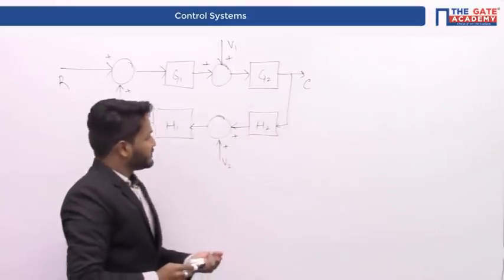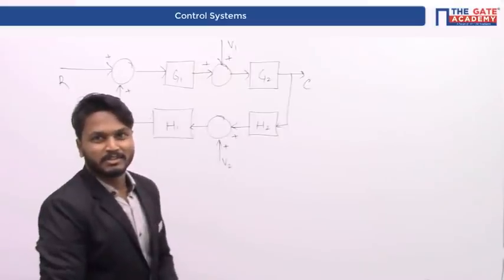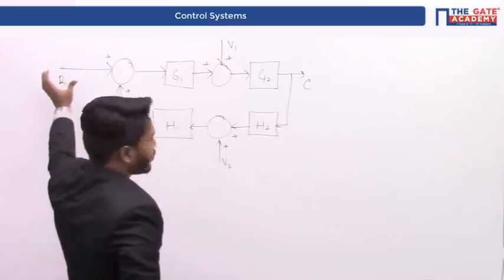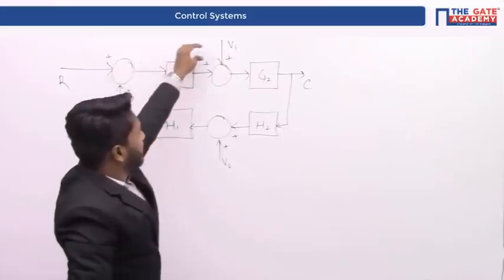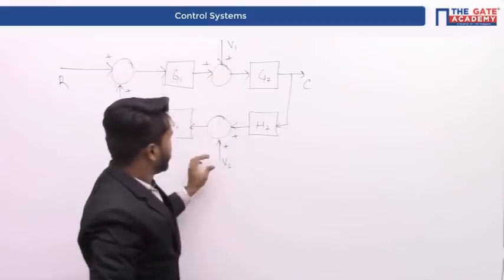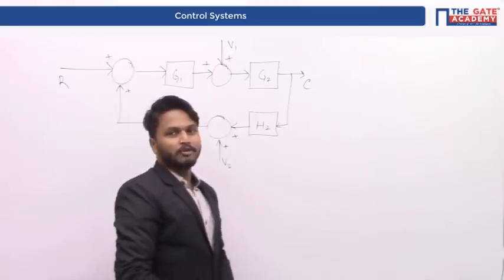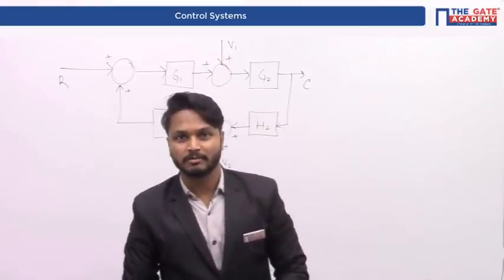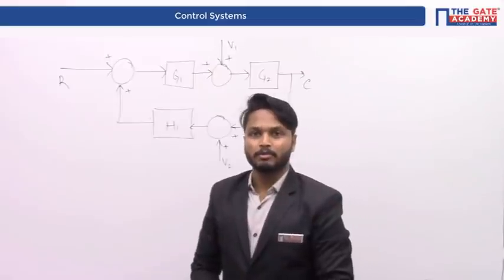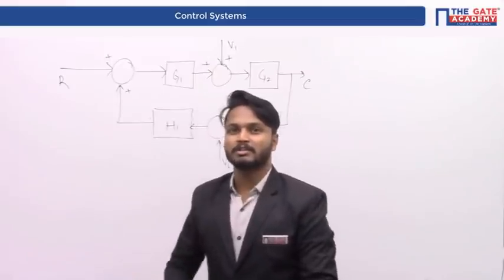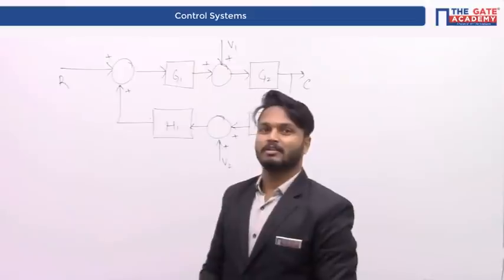Here you can clearly see that this is a multiple input system, isn't it? There is one input R, another input V1, another input V2, right? So how would you calculate the output for a multiple input system? In the transfer function approach, you have to calculate by using the superposition principle, just like you do in networks